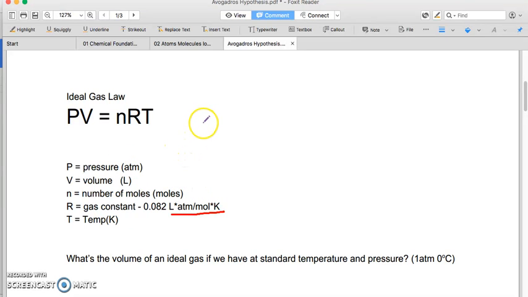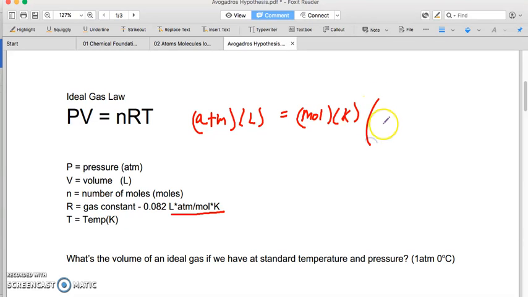So we've got atm for pressure times liters equals, and let's forget about R for a second, equals moles times Kelvin. Well, obviously this is not true, right? This makes no sense. ATM liters equals moles times Kelvin is not true. So you need a constant to make this true. So the constant has units of liters times ATM